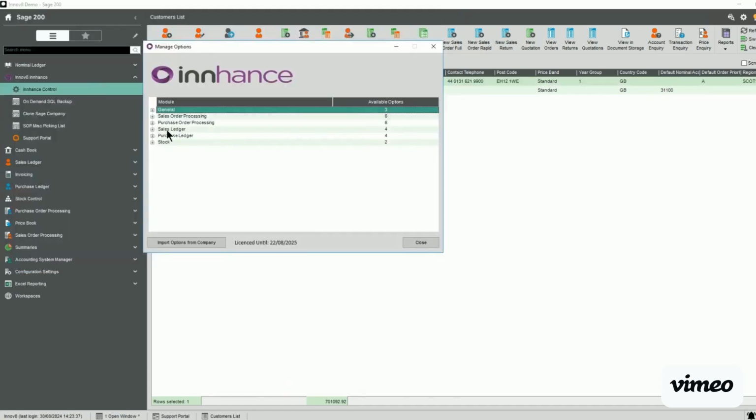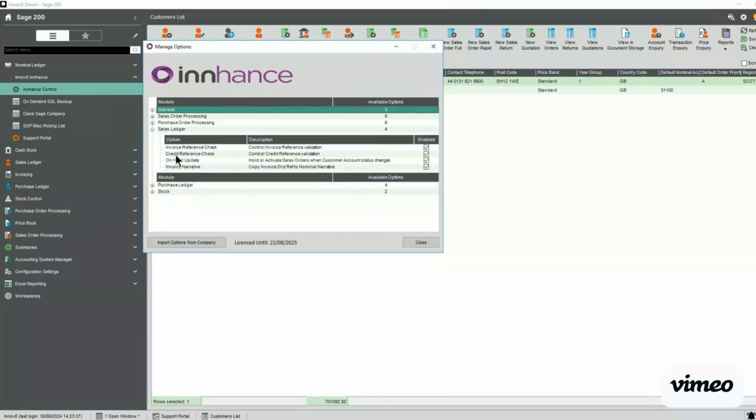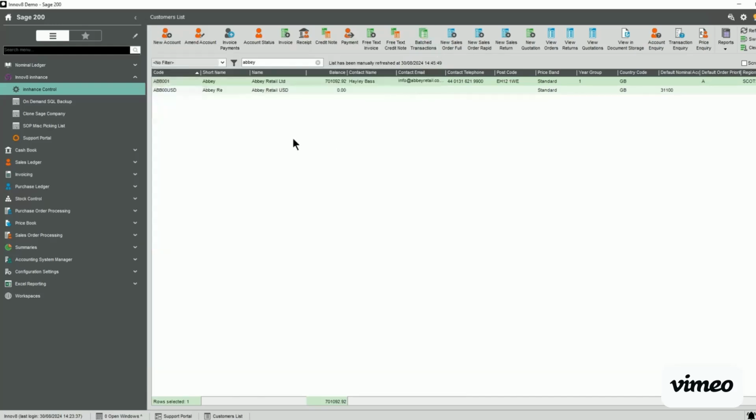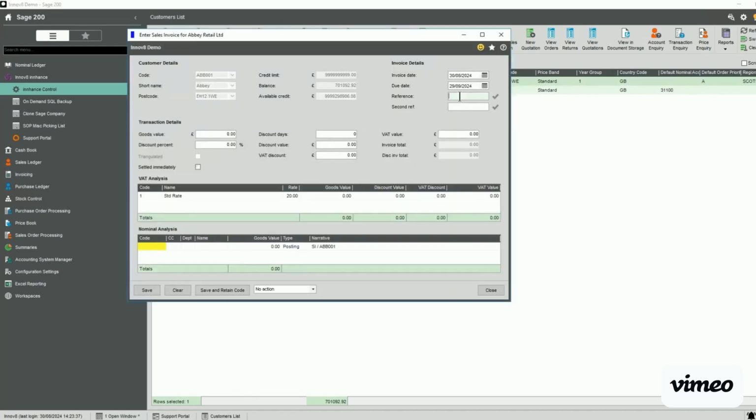By going into Innhance control, into sales ledger or purchase ledger, and enabling the invoice narrative function, when we then go in and enter an invoice transaction and enter reference, second reference, we can then enter our amount and the transaction as normal, choose where we want the posting to be made,